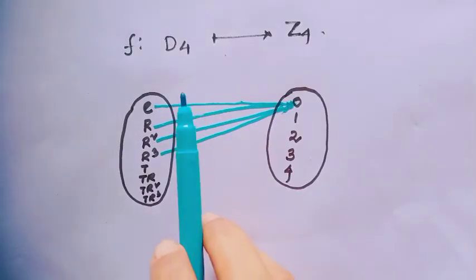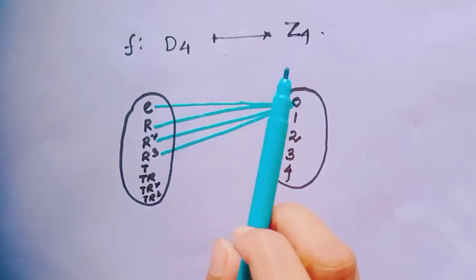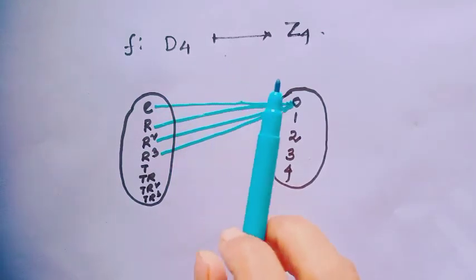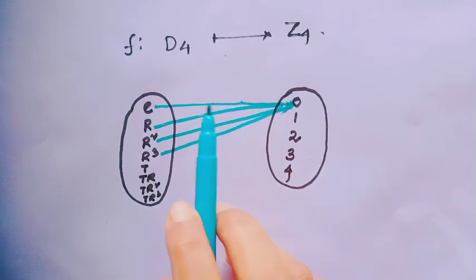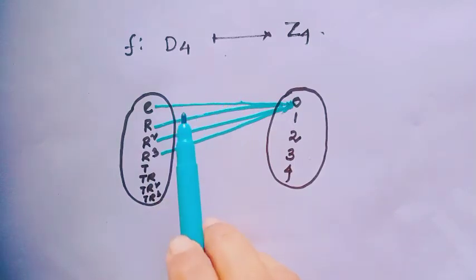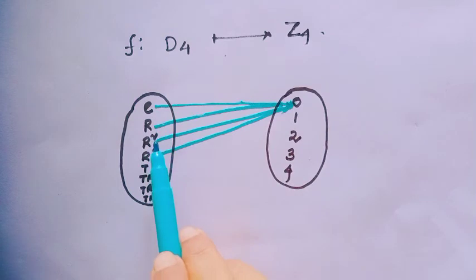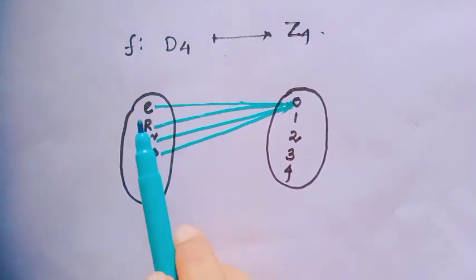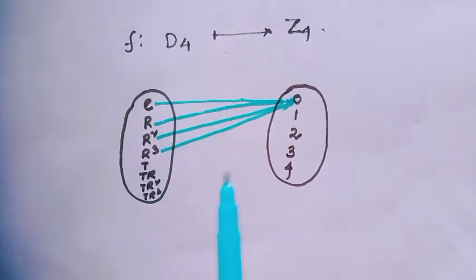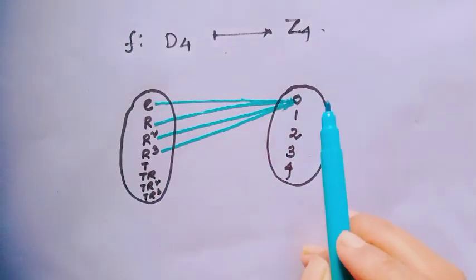Isomorphism, and what properties are preserved under homomorphism but may or may not be preserved under isomorphism. One example: let f be a mapping from D4 to Z4, and we can create a function. As all of us know, D4 contains the identity, R, R square, R cube, where these are rotations and R is the rotation of 90 degrees, and the other reflections TR, TR square, TR cube, and Z4 contains